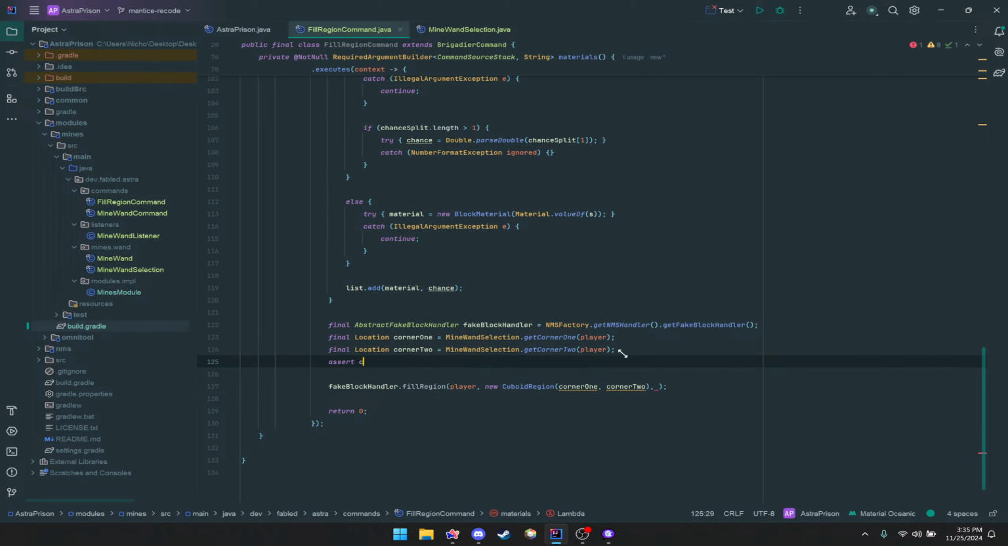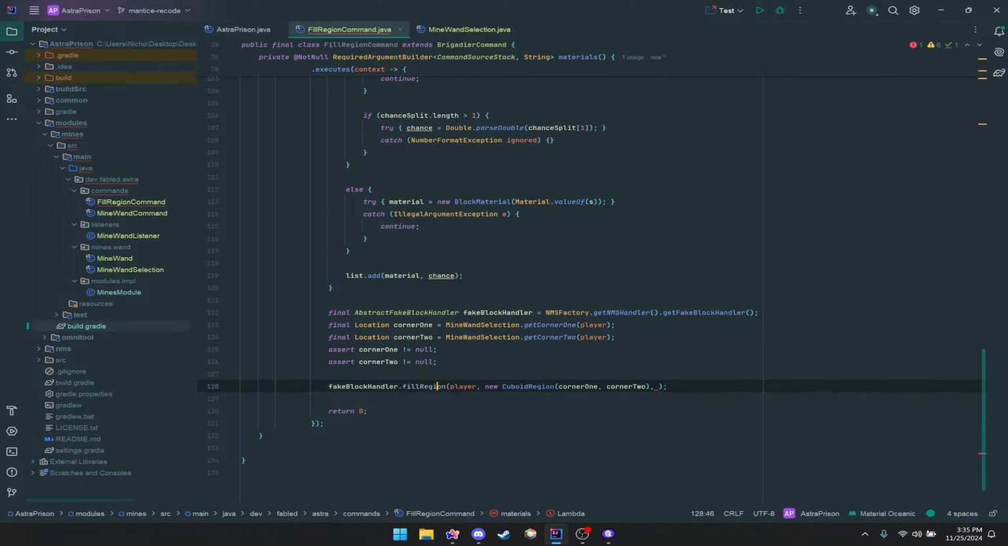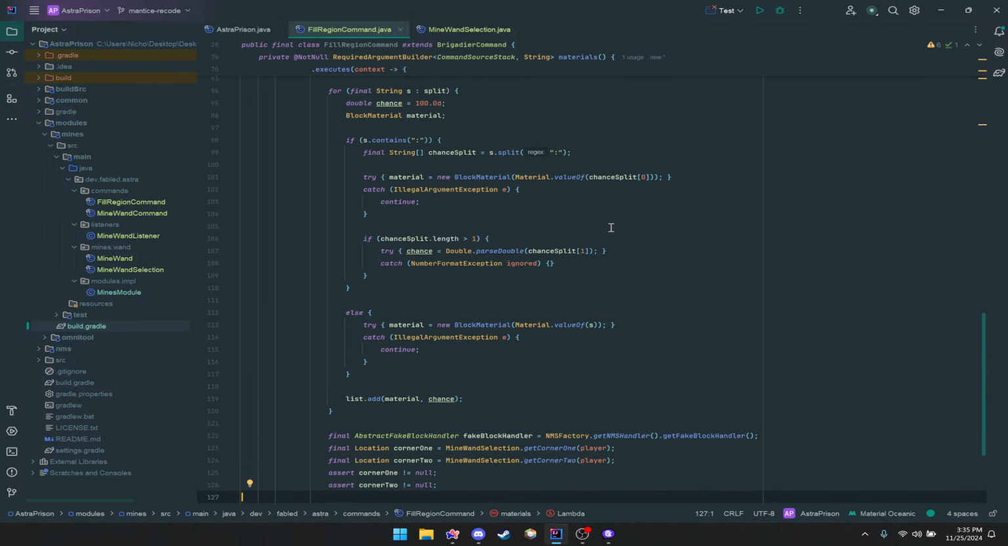We're going to assert corner 1 not equal null, because we already checked for that. We already checked for a valid location, and that checks if these are null. And then we are going to pass in our list of materials. Actually, I think it's the other way around. It's a list and then the keyword region. There we go. And that should be the entire